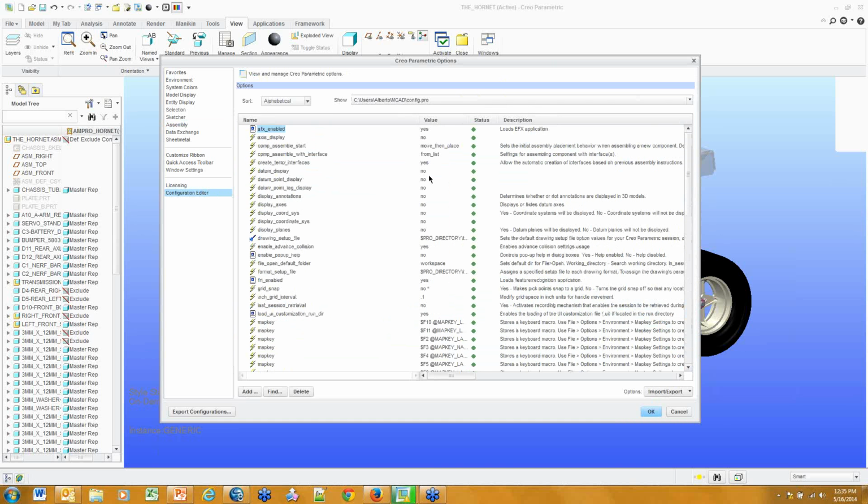So now that we've set up the way that our parts open up, our assemblies open up, we've changed some of our drawing settings, maybe we should look at some of our formats. Okay, so here we have format setup file. This works the exact same way. Simply put your destination folder under value. There's another one